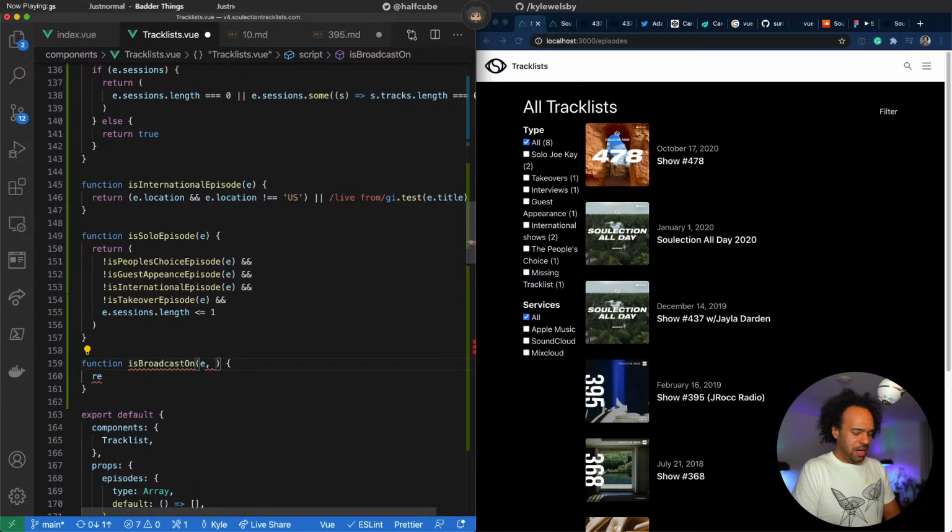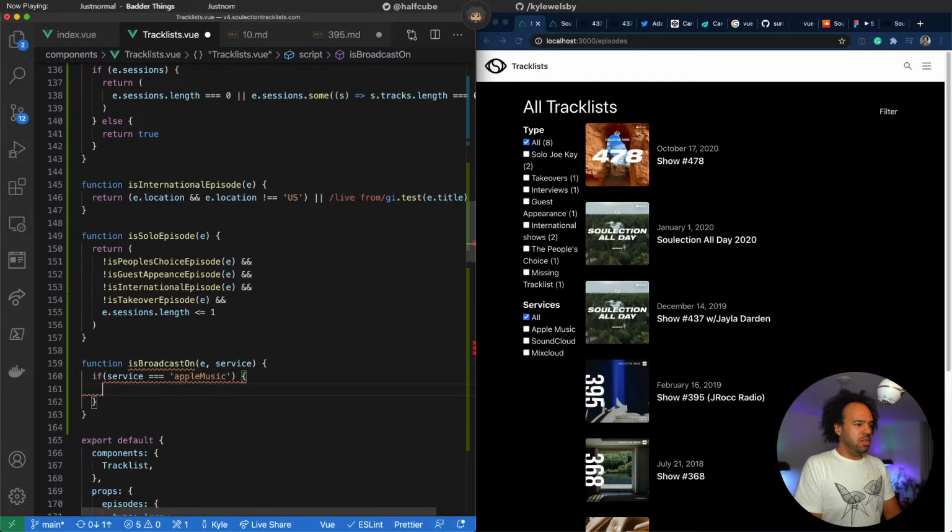So this is going to be the service, and we can do a check if service equals Apple Music. Then we know that the episode Beats 1, that we have a length to that.